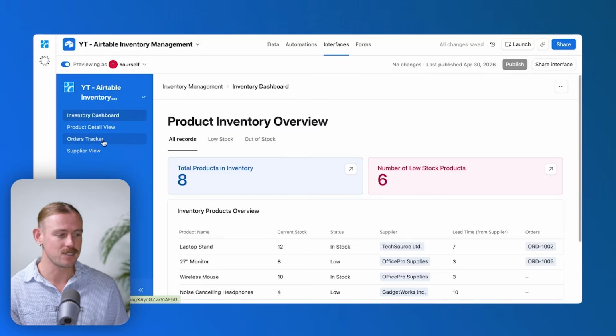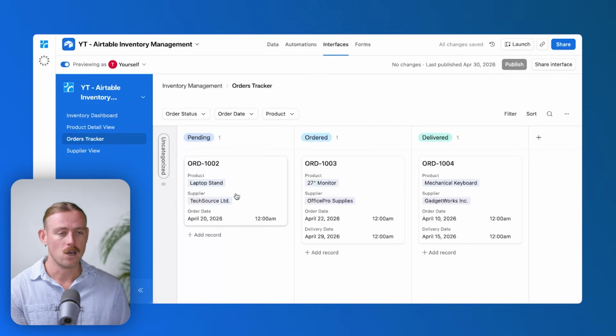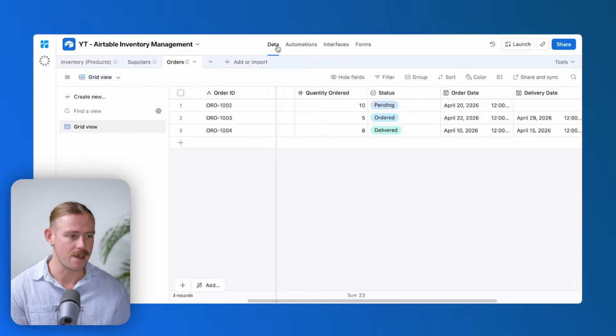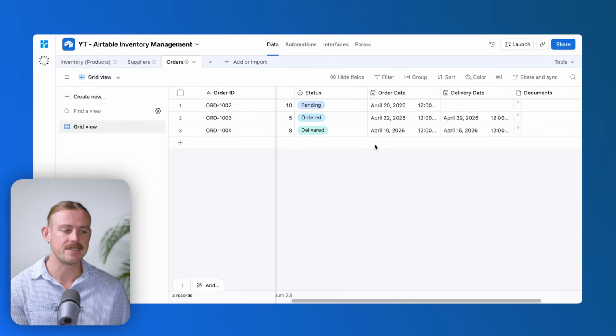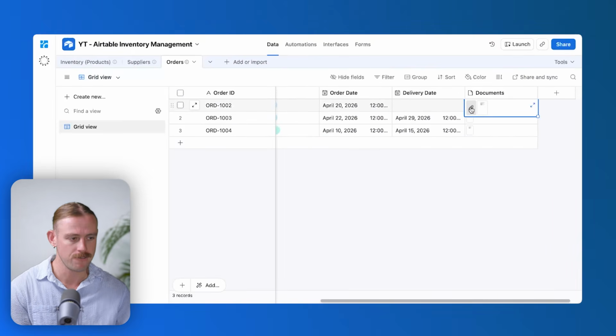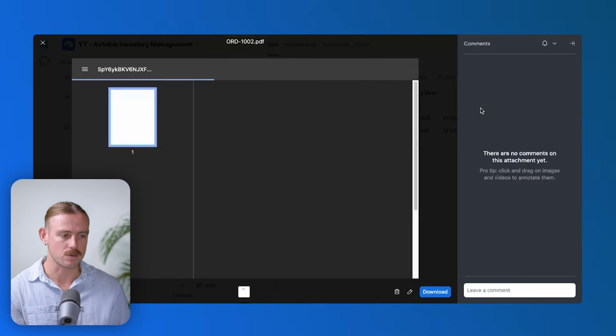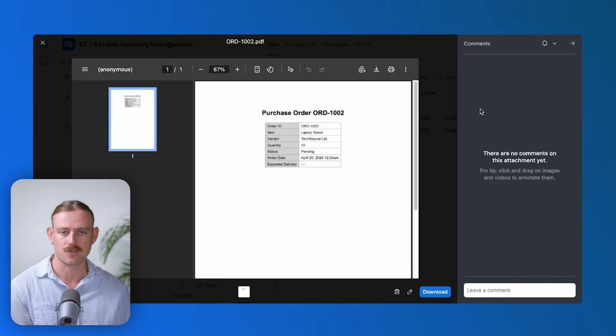Now, let's say that there's a purchase order or an invoice. Normally that's sitting deep in an email thread or on a shared drive. Here we can see it's attached directly to the order itself and the supplier record. So everything related to that transaction lives in one place. And that becomes incredibly useful later on when you need to check things like history, pricing, or previous orders. Not only is this system a source of truth for our inventory management, but also the documents that tie in